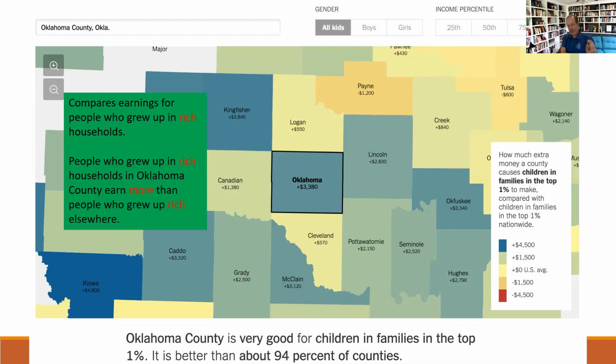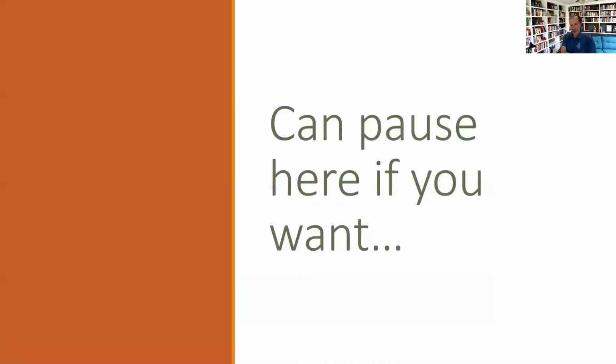I know these are a little complicated, so make sure you do look at the reading that has some of these, because I think it's fascinating, the data that they have and the things we can generalize out from it. Okay, again, if you want to pause here, almost done, but if you want to pause here, we're going to look specifically at education here.